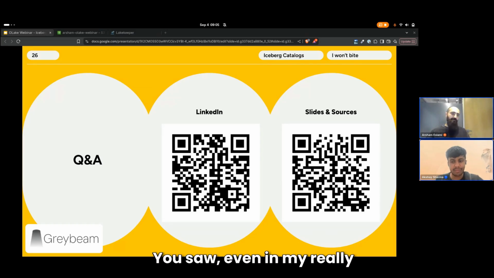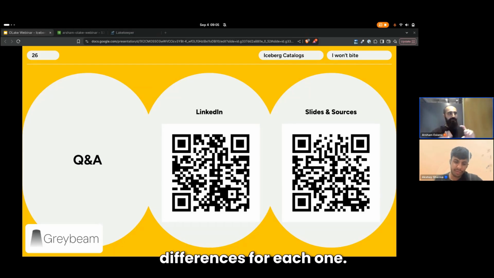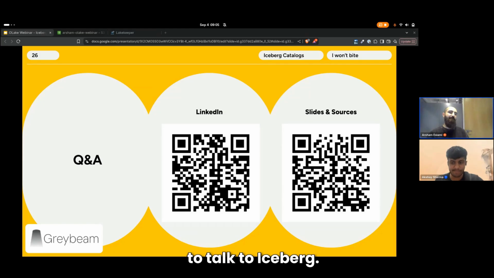As you saw, even in my really basic setup where I was just using Iceberg, there were minor differences for each one. And once you have different engines on top of that, they all have their minor little differences about the ways they want to talk to Iceberg. But as long as the engine supports the REST spec, you should be in a good spot. I obviously ran into that one issue today, but that's the gold standard: this query engine supports the REST spec, so we should be in a good spot.